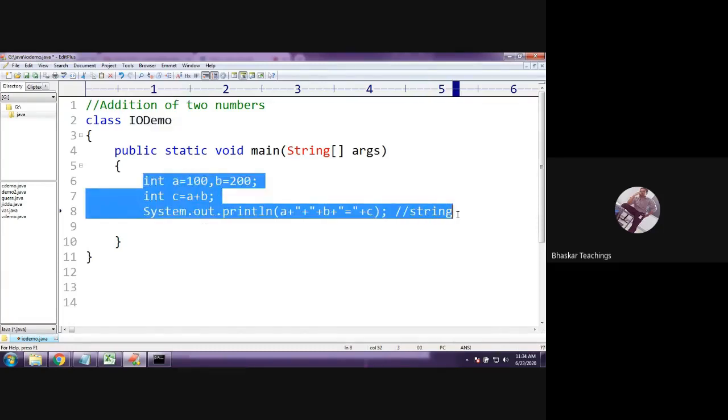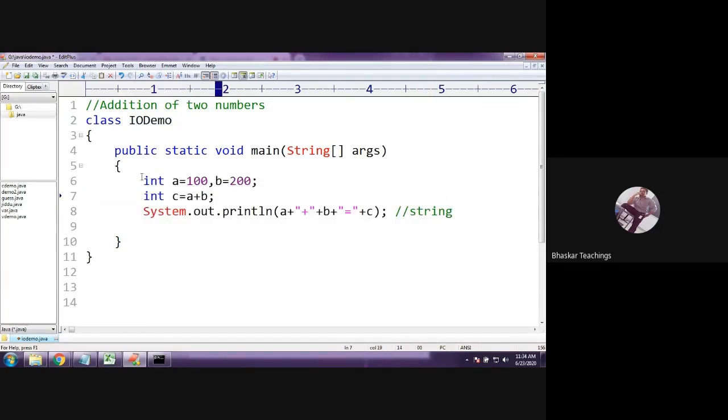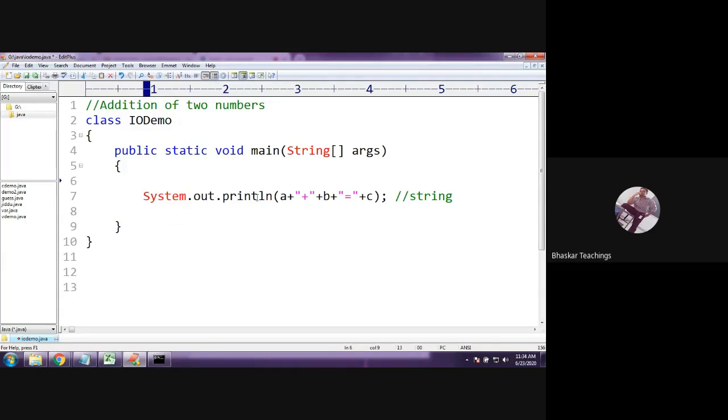Here I'm going to have 3 variables, A, B, C. I'm going to read input from the user and store it into A and B, and later I'm going to add them, store it in C, and display the result from C. Okay.